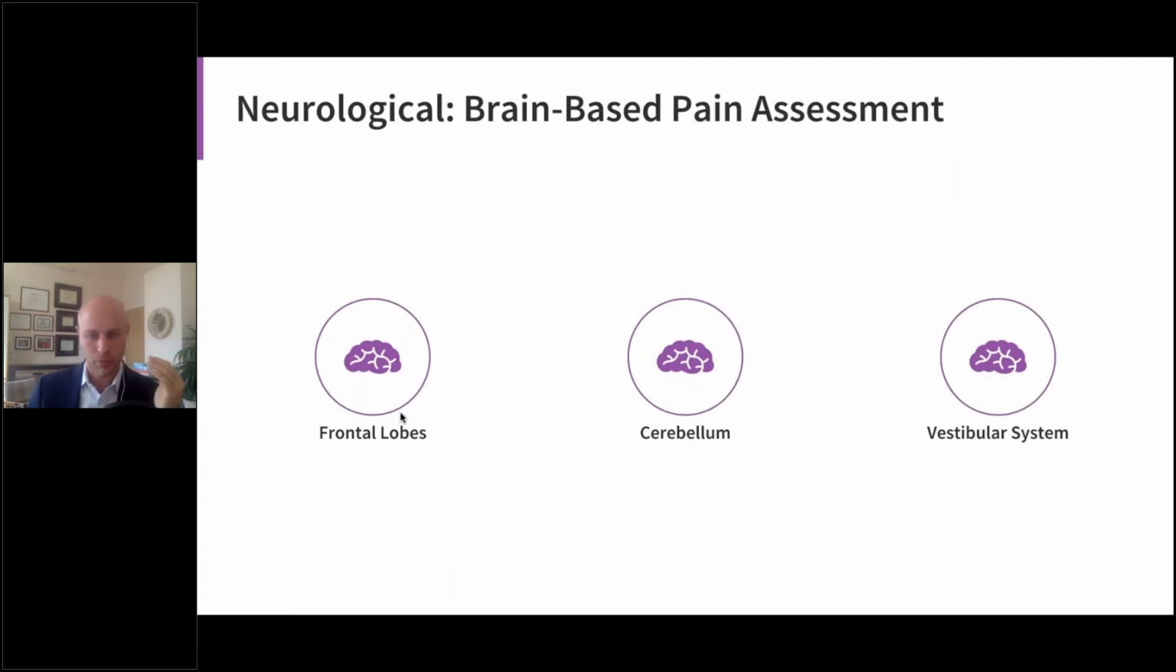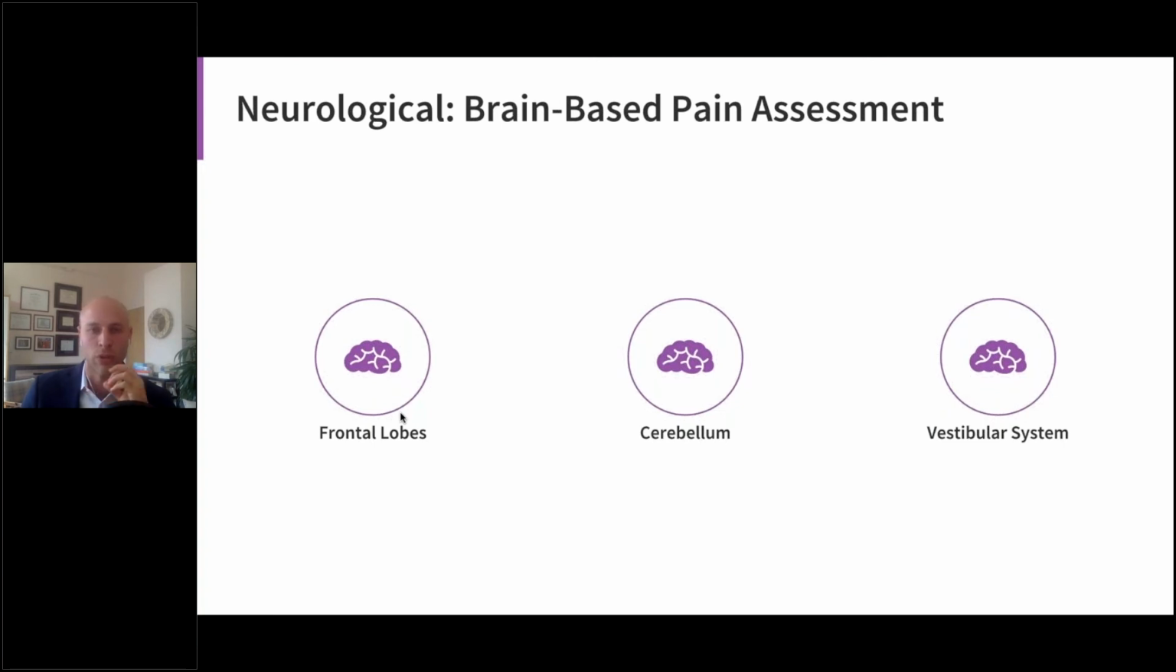We'll look at the hemisphericity of the frontal lobes, the left and right frontal lobe, to assess if one side of the brain is working faster or slower. The same thing with the cerebellum. And importantly, where we are in space has a big impact on this ACC's perception of whether there's error or not. And so our vestibular system